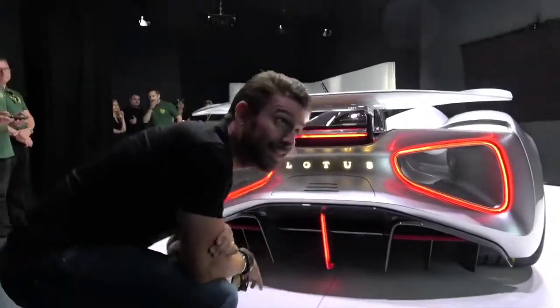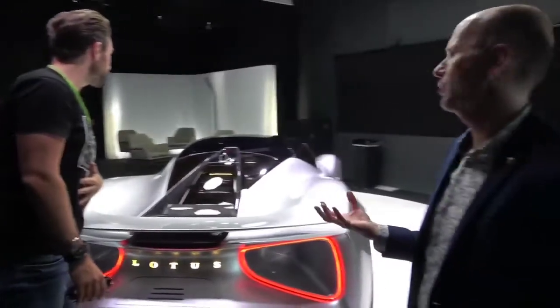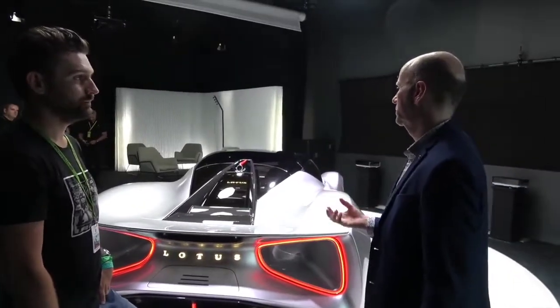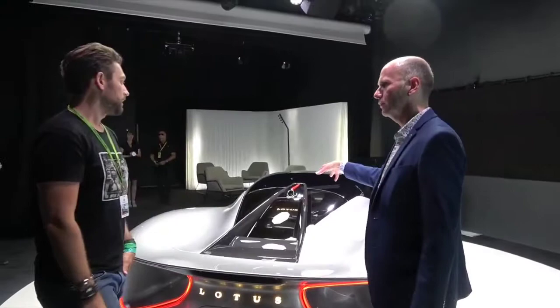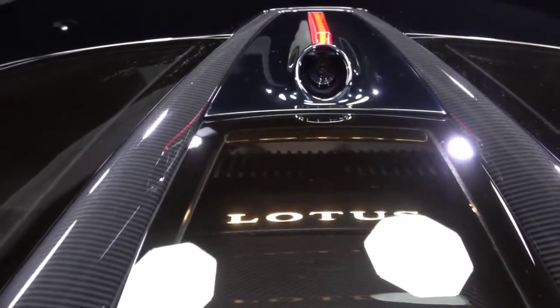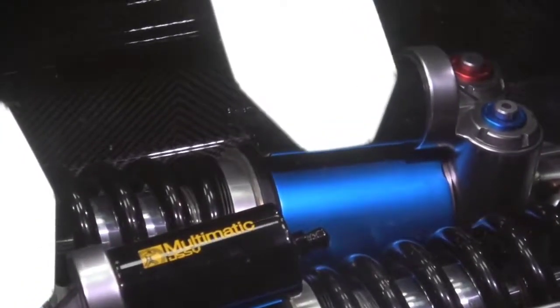The styling of that is berserk. We want this car to have soul as well. With modern technology, there's a danger, obviously, you take away some of the reference points we know on the car. So when you walk up and you look through the engine bay, which is obviously motors and batteries, you've still got a lot of technical detail. So you've got the pushrod suspension in there, and you've got all the cabling and things like that on show